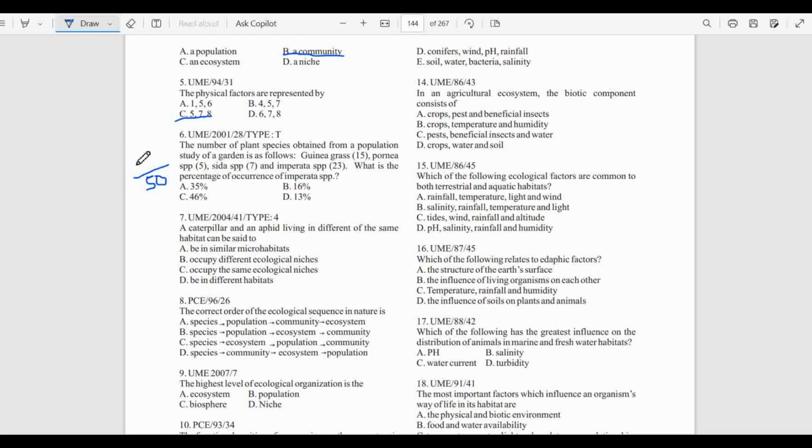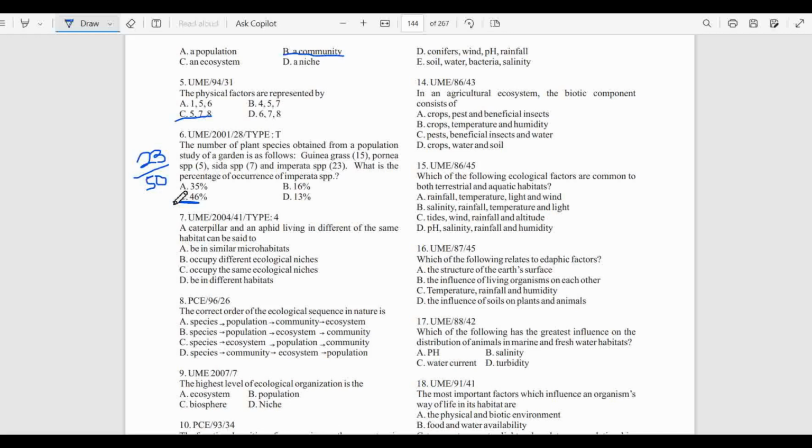So then you say 23 over 50, right, times 100 over 1. If you do this division, I bet you will get 46%, and this will be your answer. So that is a simple and straightforward question. Question number 7. A caterpillar and an aphid living in different